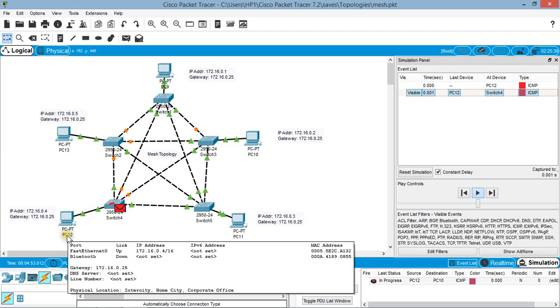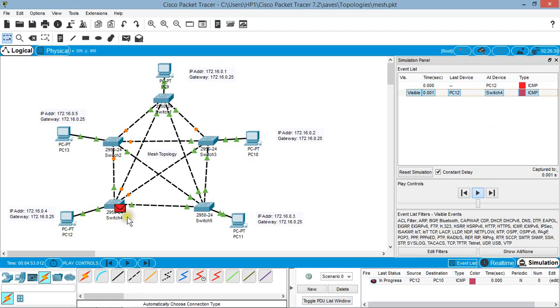So the packet is moving from PC12 to switch 4, and from switch 4 it is moving to switch 5, and from switch 5 it is moving to switch 3, and from switch 3 it is moving to PC10. Now PC10 has received the packet successfully